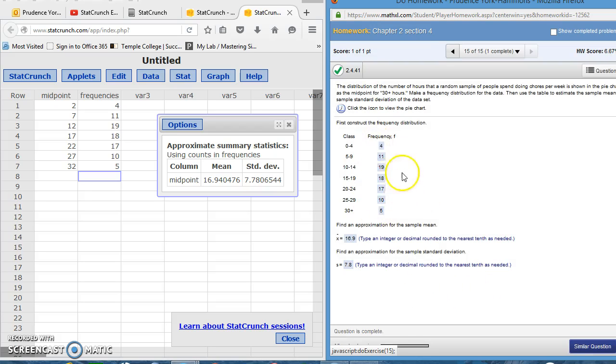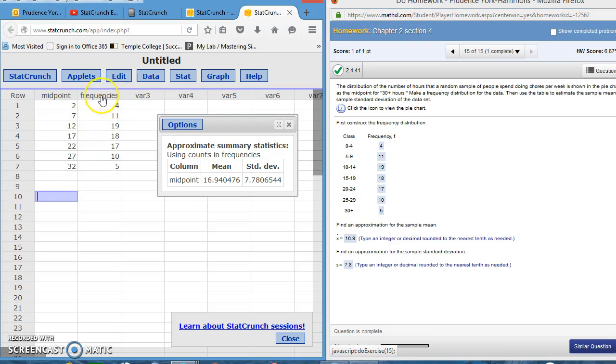Now I realize these numbers are not the same as you have in your homework problem, but the process is the same. Unfortunately, you're going to have to type the midpoints and the frequencies in StatCrunch so that you can go through this process. Now if you want to save this to show your work,